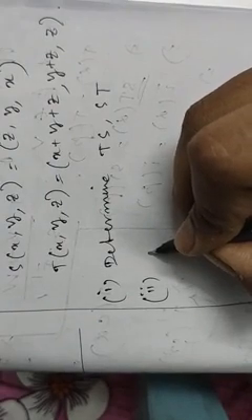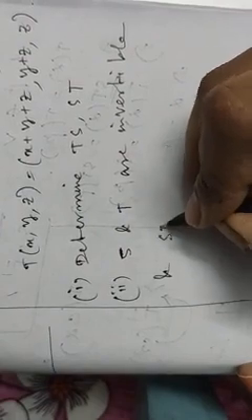This one. Then number 1, determine TS and ST, and number 2, prove that S and T are invertible, and (ST) whole square equals T inverse S inverse. Okay, we need to prove that. Now check number 1. This is very easy. You know how to do that. TS and ST, I am not doing it. This will be your homework.